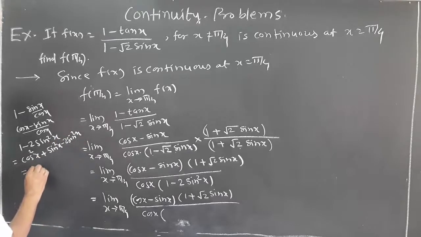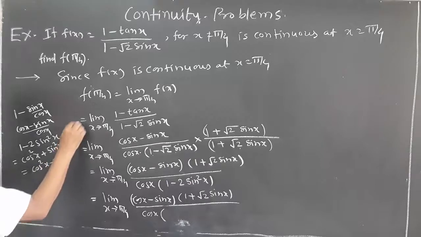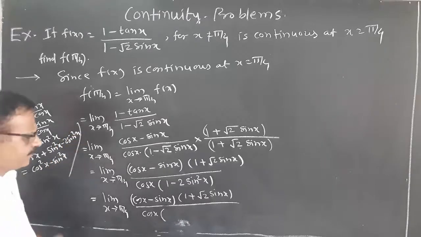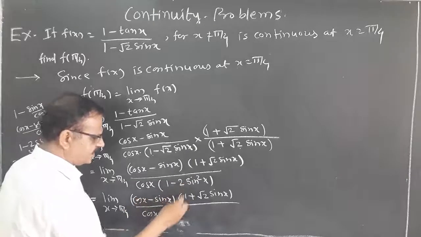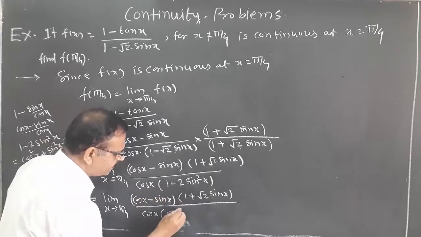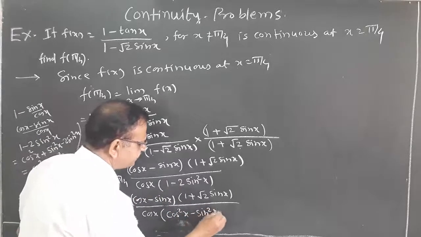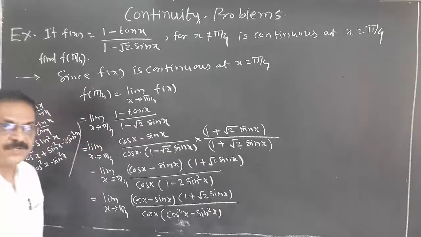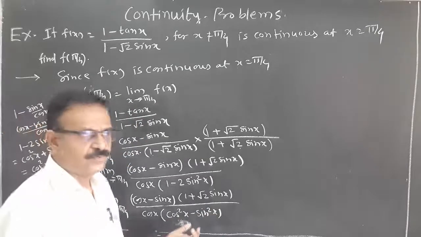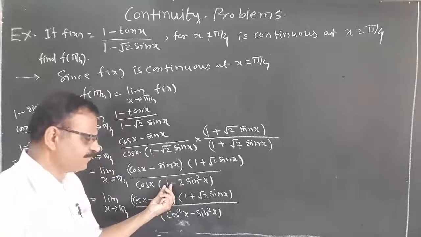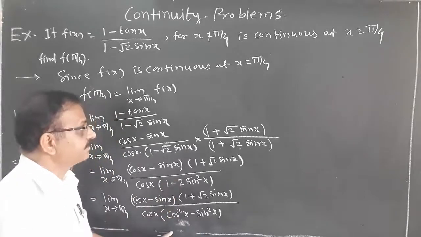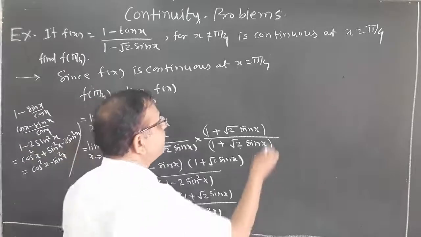That is nothing but cos square x minus sin square x. Therefore, I shall write 1 minus 2 sin square x as cos square x minus sin square x. Because cos square x plus sin square x is equal to 1, we have substituted that value of 1 and arranged the term like this. Now, that limit equal to